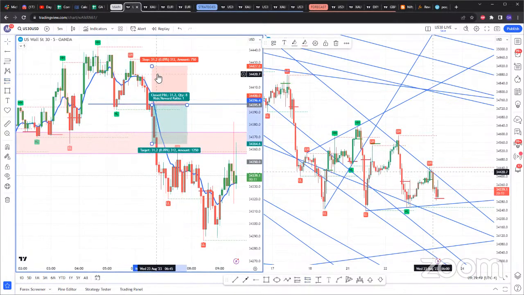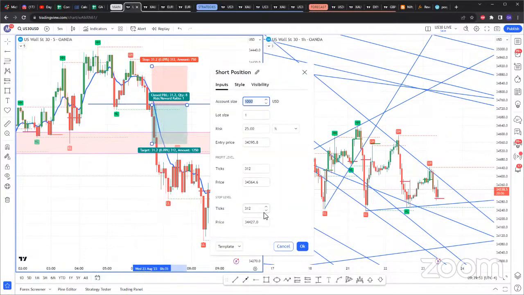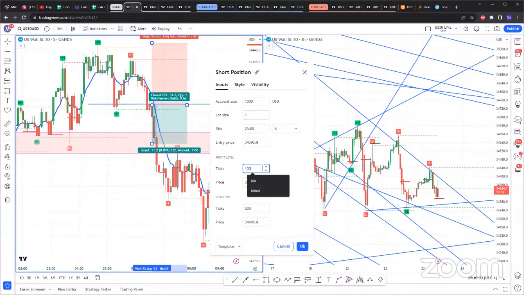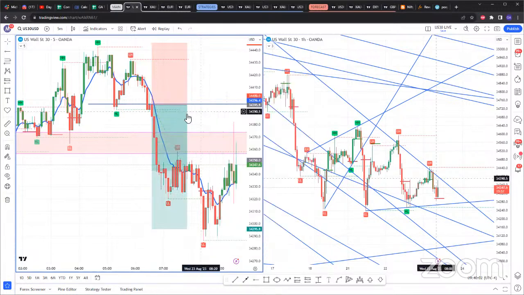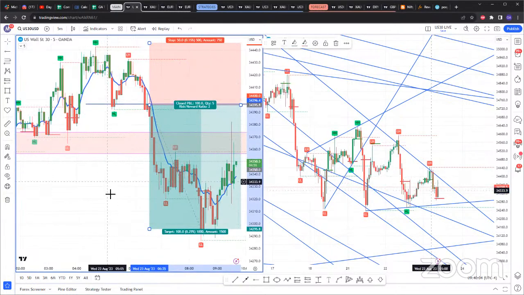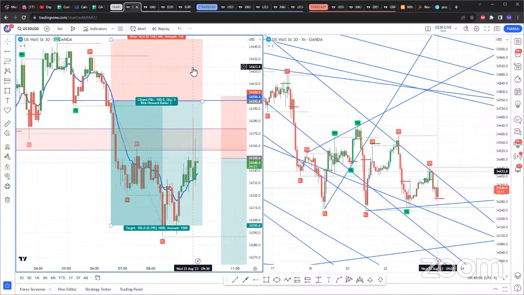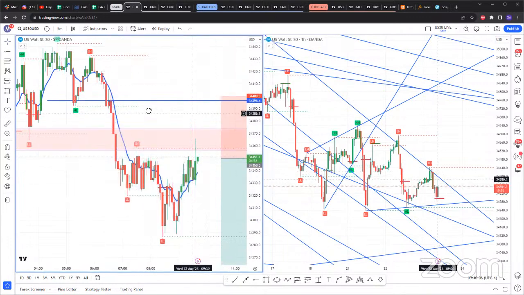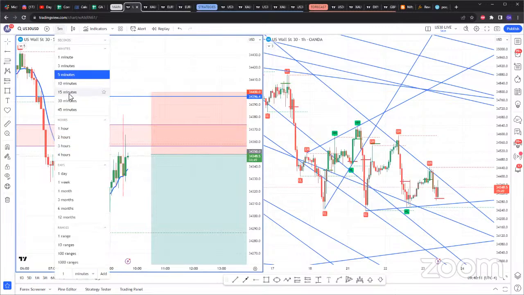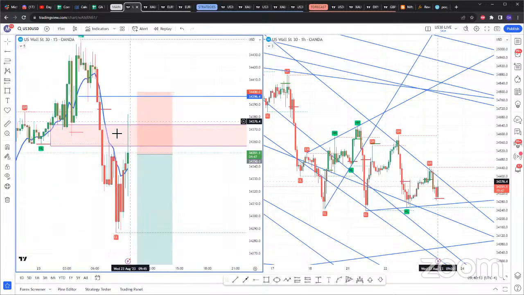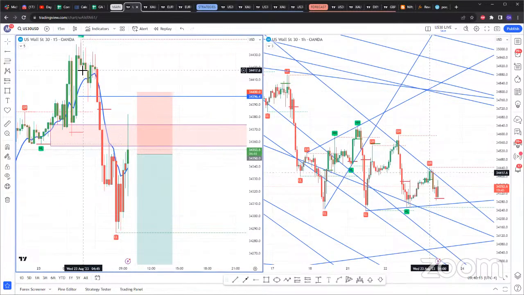So again, I didn't take it. I woke up literally 2 hours ago. But this would have been that entry from yesterday. So 50 pips TP, 100 pips. I'm sorry, 50 pips stop loss, 100 pips TP. You could have set break even when you achieved a 1:1, and you can see how you would have gone. But that's how you would have taken that trade. But anyway, even for me, I missed that trade as well.